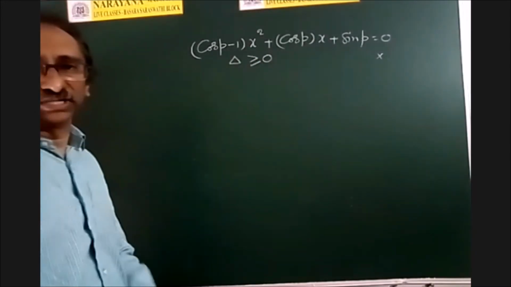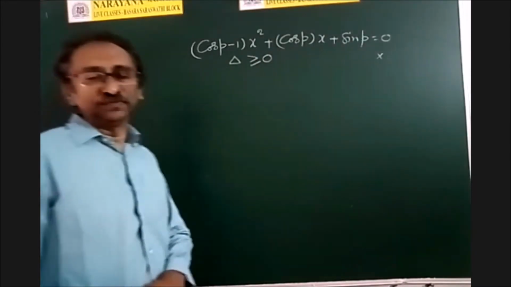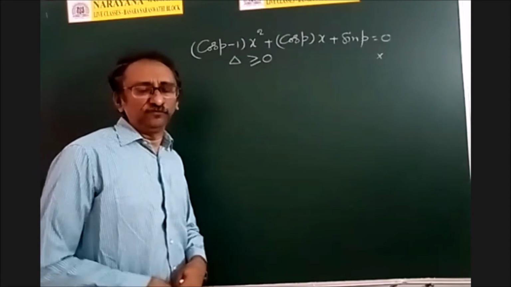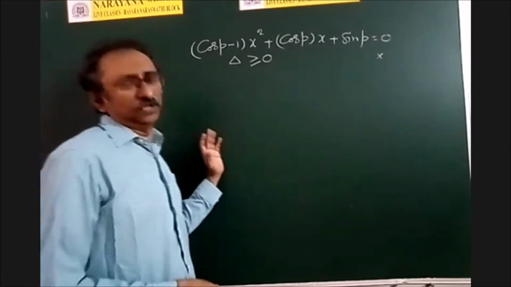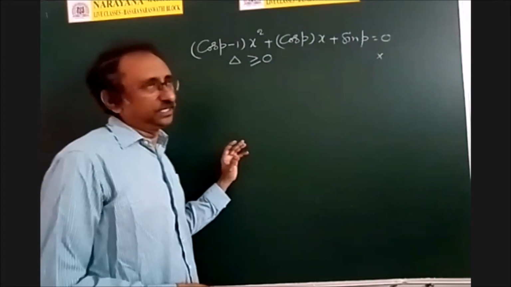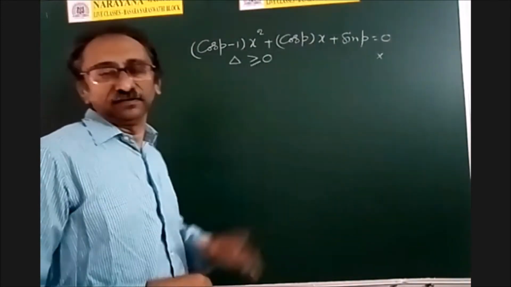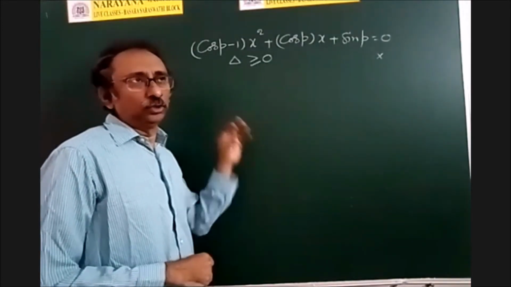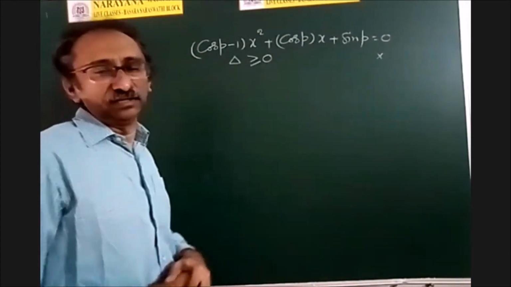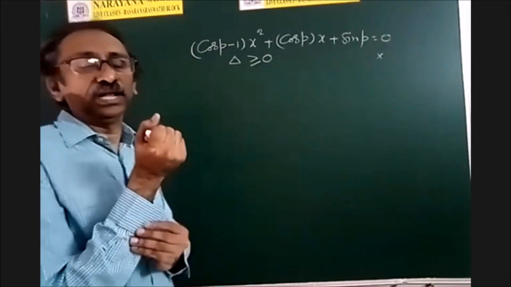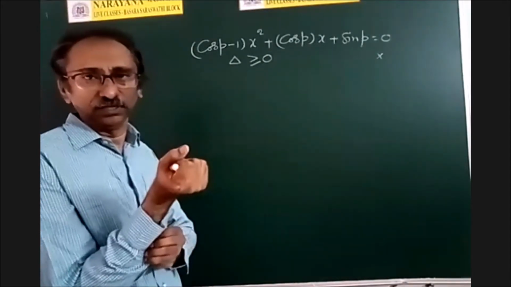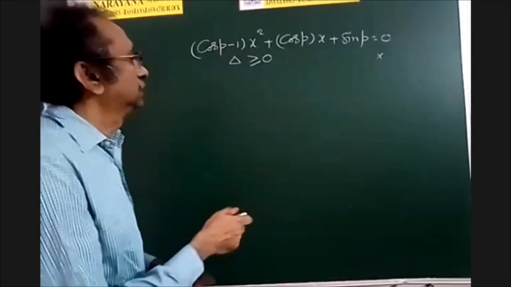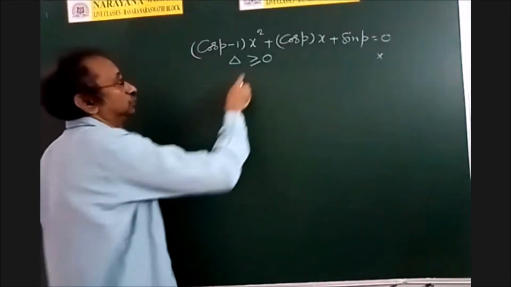So you know the condition of real roots, imaginary roots like this. If you observe in every chapter of mathematics, you are getting quadratic equations. So you need the theory of quadratic equations very well. That's why your next chapter is quadratic equations only. Okay, right. See, so here delta is greater than or equal to 0.